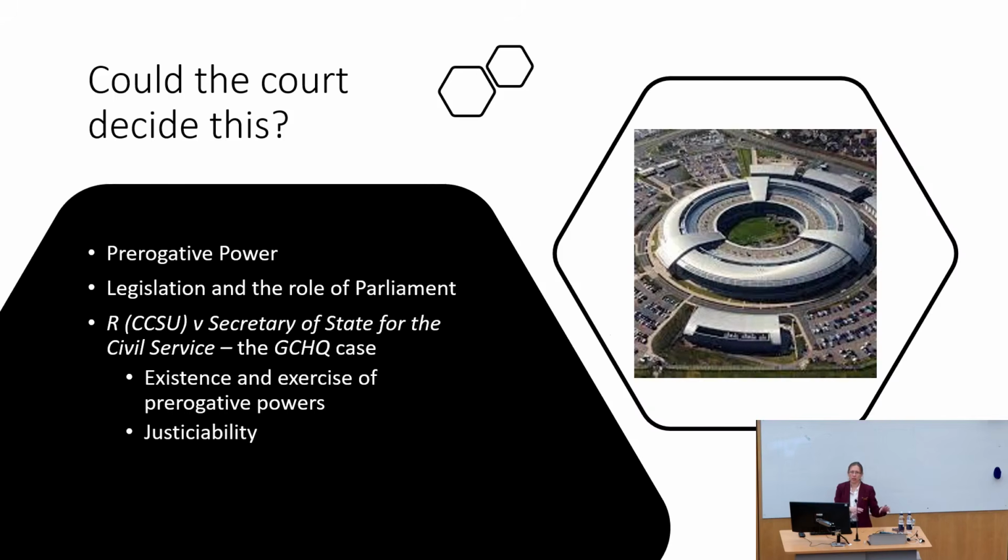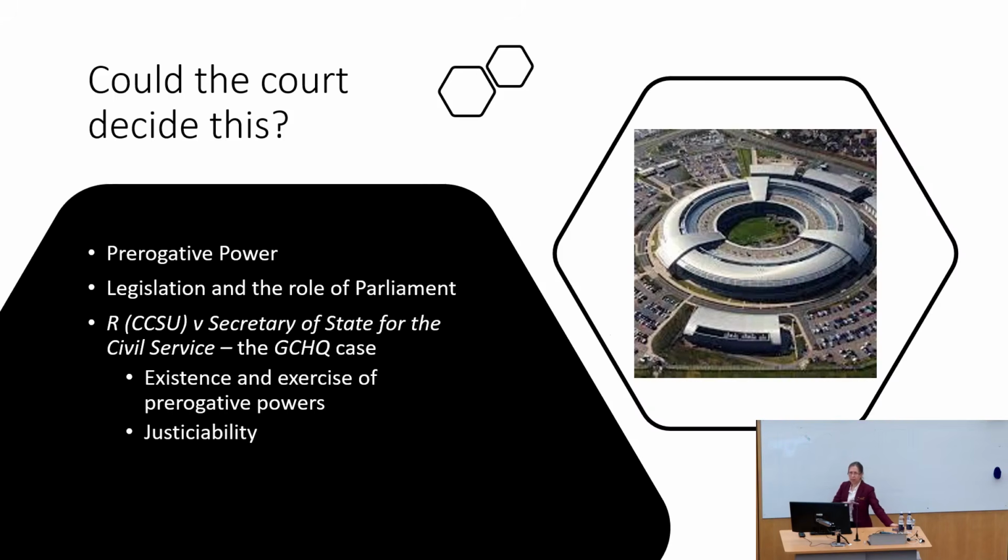Because normally, these judges are interpreting legislation enacted by a democratic body, Parliament. Parliament has voted on what powers it wants to give to the government. So if the court is checking the limits of those powers, it's upholding the will of Parliament, a democratic body. But when it's checking the limits of prerogative powers, it's doing something different. It is telling you what the principles of the UK Constitution are and ensuring the government doesn't go beyond them. But it's not looking at legislation enacted by a democratic body.